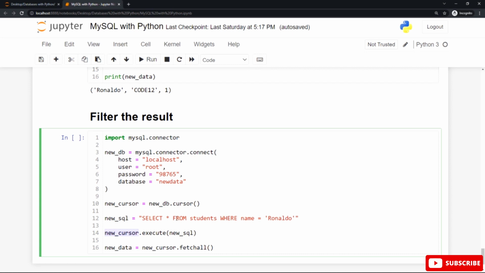You need to use the cursor to perform this operation, followed by the dot notation, followed by the execute statement. Or you can put this statement with the double quotes inside the round braces of the execute method, but assign this to a variable to make it more readable and understandable, and put the name of that variable as an argument for the execute method.